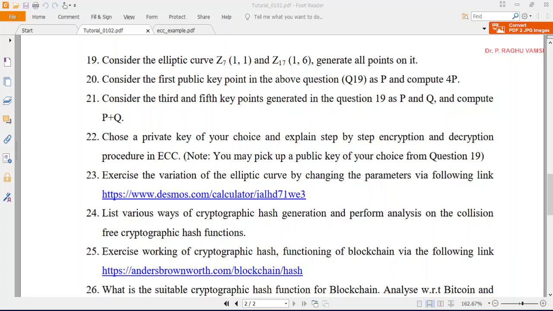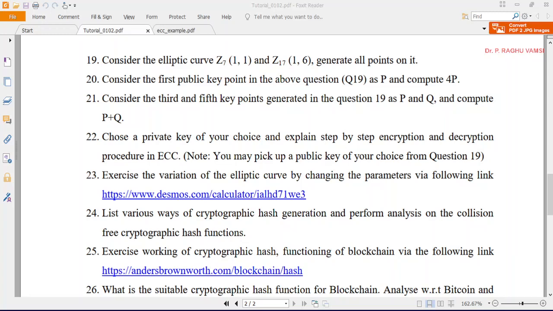Let us see an example of generating points on the elliptic curve. Consider question 19. Consider the elliptic curve Z7 of 1 comma 1 and Z17 of 1 comma 6. Generate all points on it. So whenever the question is asked,